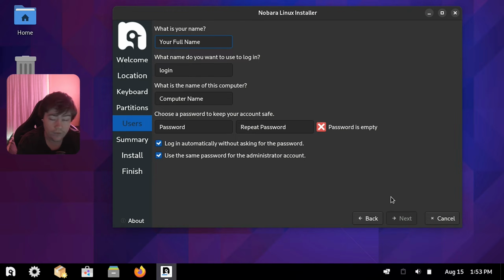So if you do have that enabled in your BIOS, I would highly recommend that you disable that, because I think if you have it enabled, you might have issues, and it's because of the kernel that's used in Nobara. There's some patches applied to it, some Zen patches that Glorious Eggroll grabbed from the Zen kernel and applied to the kernel that's used in Nobara. So, yes, turn off your Secure Boot, and you also can dual boot with Nobara as well,